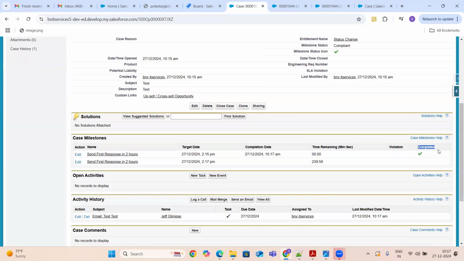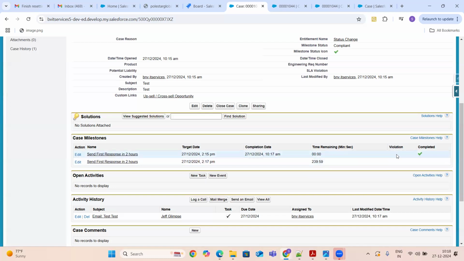Then it shows it's completed. Okay. Then it is creating another milestone, guys. This is because in our milestones I have selected sequentially. Okay, that's the reason it is doing one by one again and again. So basically, we just need to select independent. Okay, if you haven't populated the completed date within the target date, then automatically it will make the violation, guys. Okay, these are mainly about the milestones.